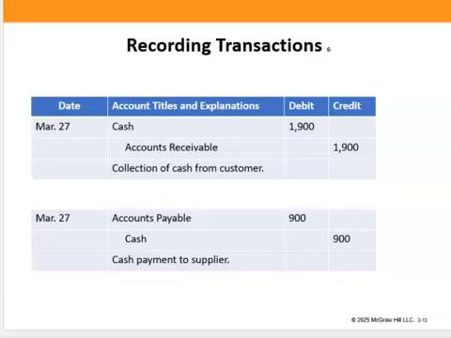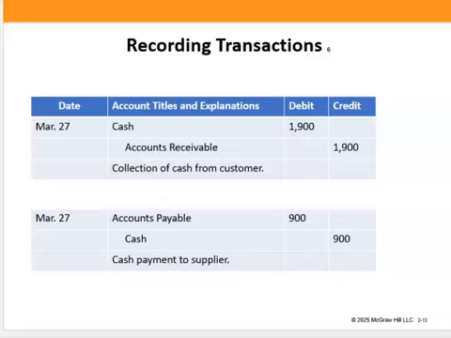So here we had talked about if you have accounts receivable from a customer and then the customer pays you cash, we need to reduce the accounts receivable by crediting it because it's an asset. So in order to reduce an asset, we need to credit it. And the reason we credit it is because they don't owe us that money anymore because they gave us the cash, and the cash of 1900 is debited because they gave us cash, so our amount of cash has gone